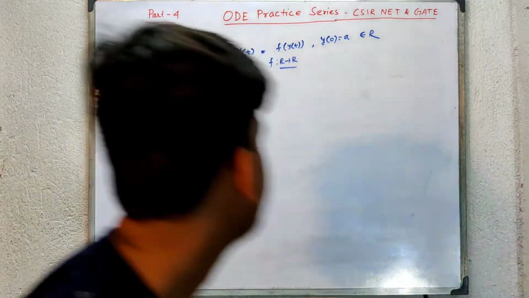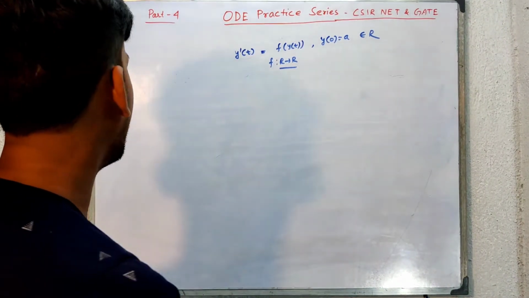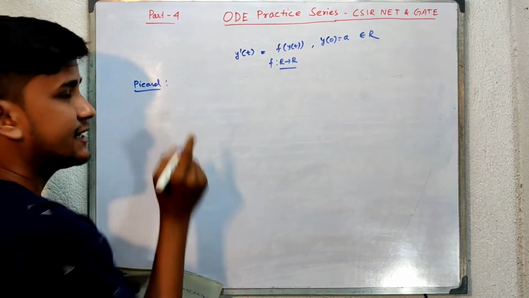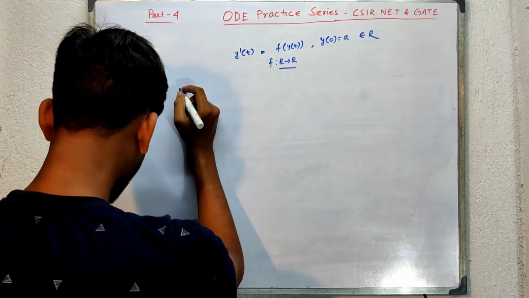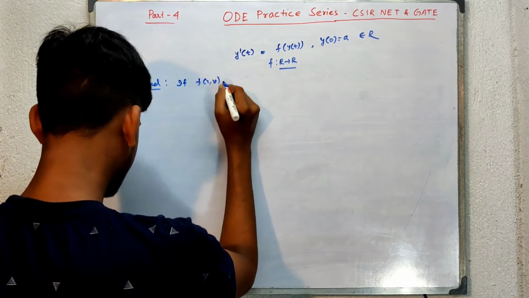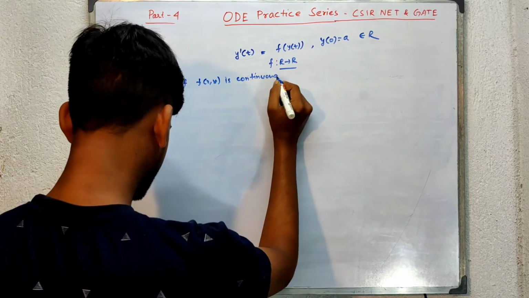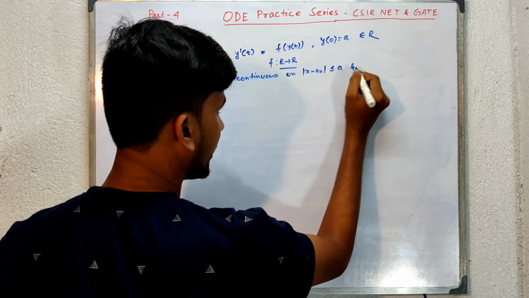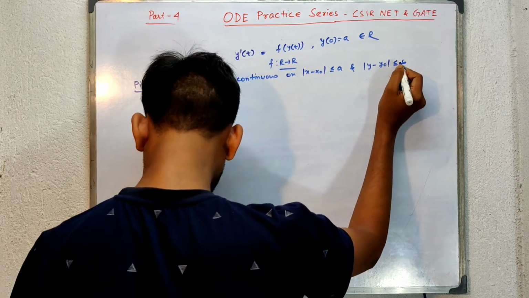Now this problem is clearly based on Picard's theorem. So first we write the statement of Picard's theorem. Its first part is existence and the second part is uniqueness. The existence part says that if f(x,y) is continuous on |x - x0| ≤ a and |y - y0| ≤ b, then